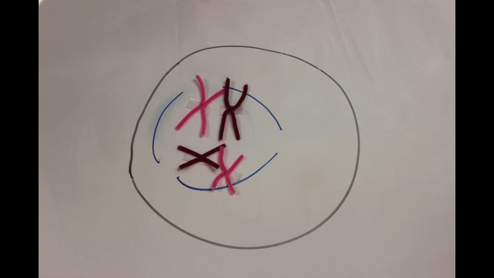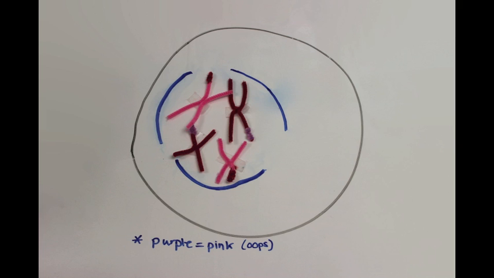Prophase 1. DNA condenses to form chromosomes which become visible. Homologous chromosomes, meaning one from the maternal side and one from the paternal side, allow the genes from the mother and father to combine. Once the homologous chromosomes have paired up, they cross over, which ensures genetic variation for potential